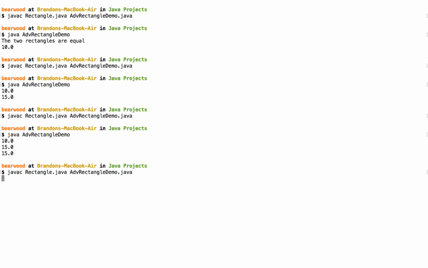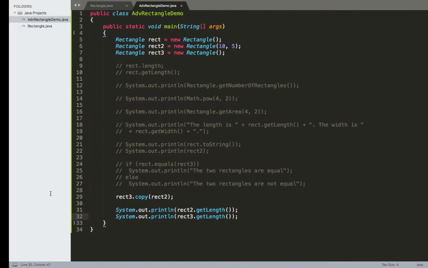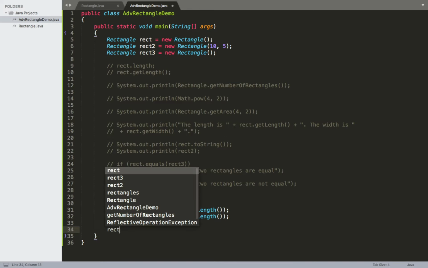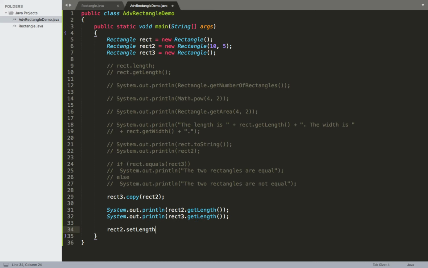We'll come over here, compile it, and run that, and we see for both of them it's 10. And then the other thing we'll go ahead and do is modify the value of rect2 again. So we're going to do rect2.setLength. We'll again go ahead and change it to 15, and then we'll go ahead and print out both of these